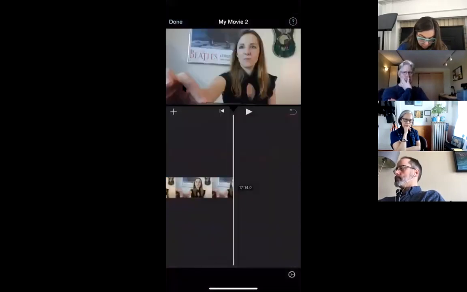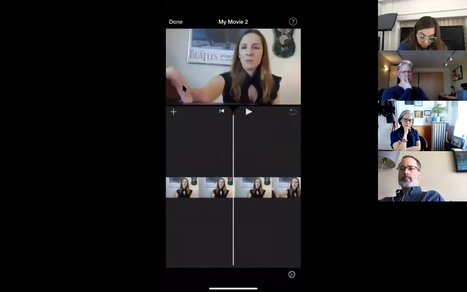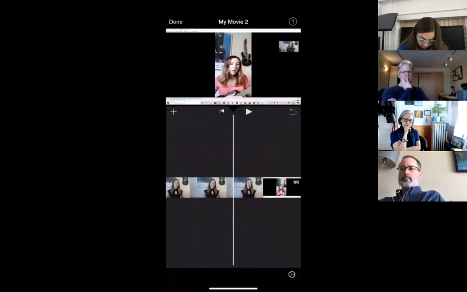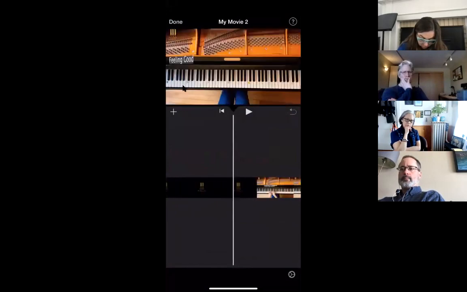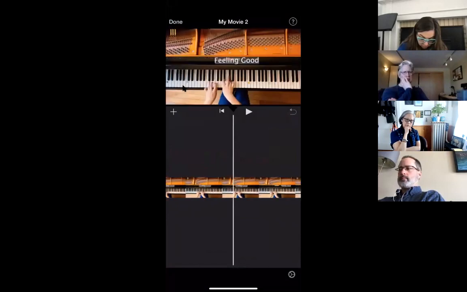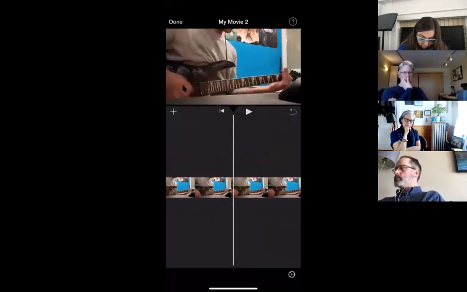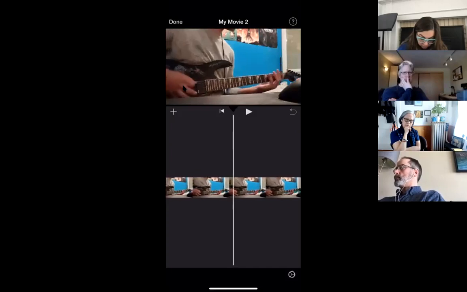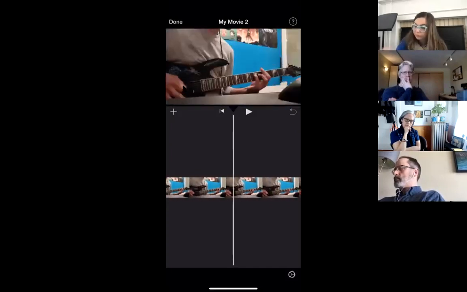You can always put more in later, but basically that's where you do that. And now what it's done on the phone, since I did that, is put them sequentially. So it's assumed that I wanted them as sequential clips. So if I scrub through now, there's the second one that I have, and if I get all the way to the end of this one by just swiping, I get into the next one.